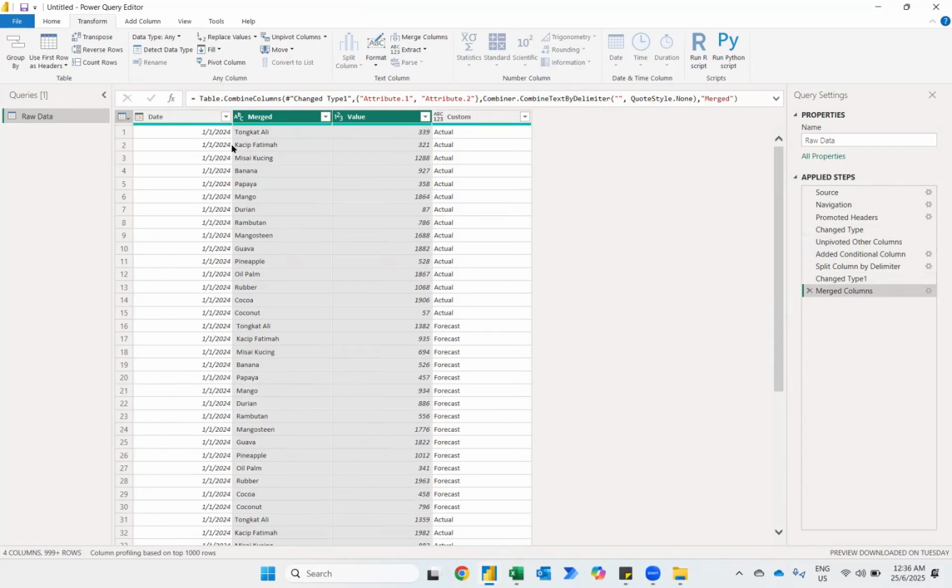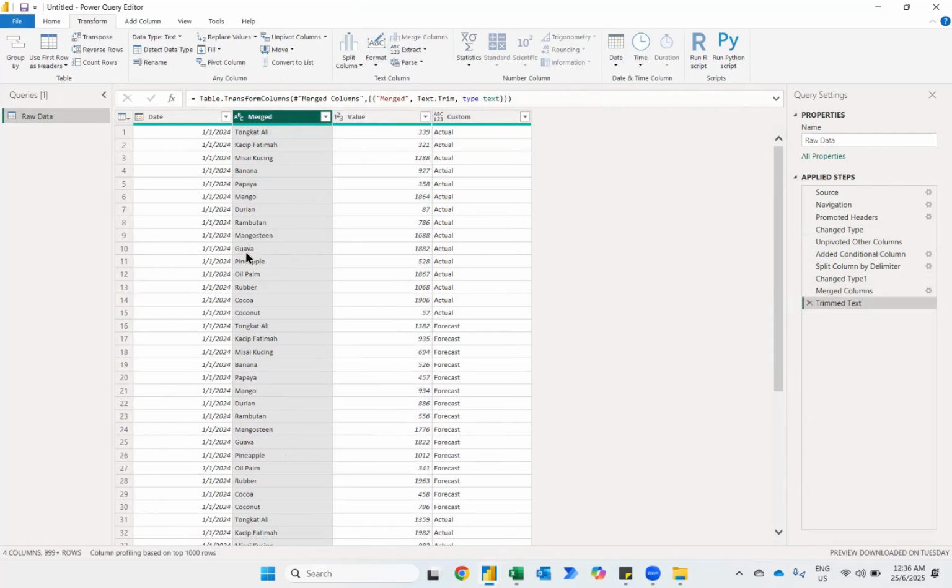However, if you notice, for example, here banana, papaya, mango is correct, but we have a space. So we need to clean the data. We need to trim the data so that there is no space. So I click this column and click on trim so that the data looks clean. Because if I never trim, and I want to use pivot column to segregate the actual and forecast,